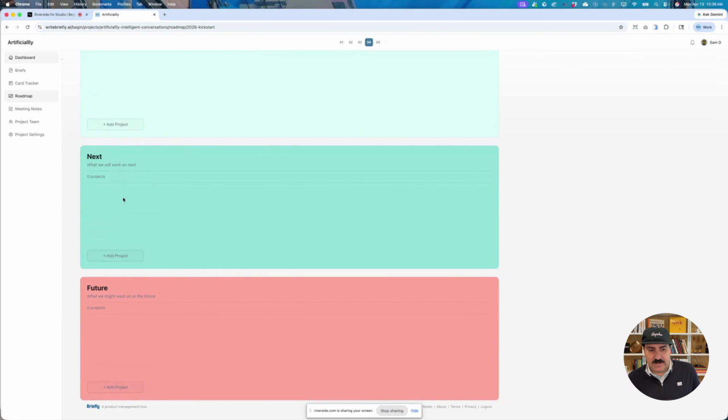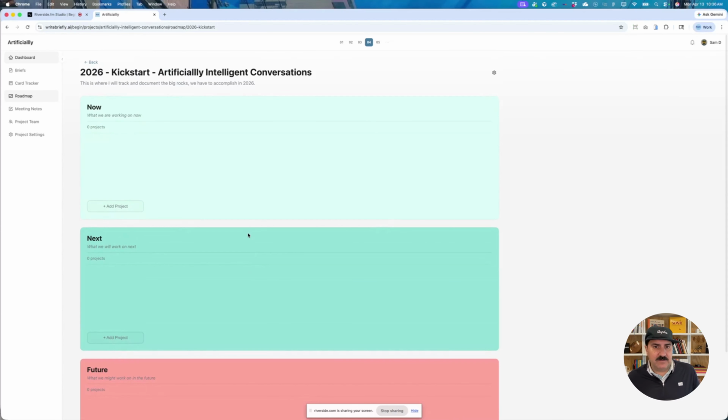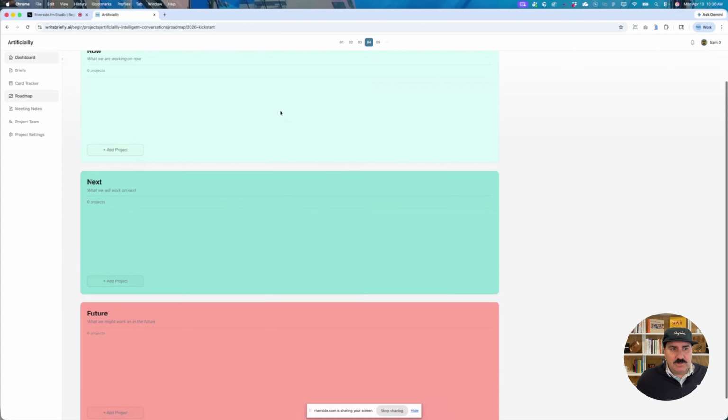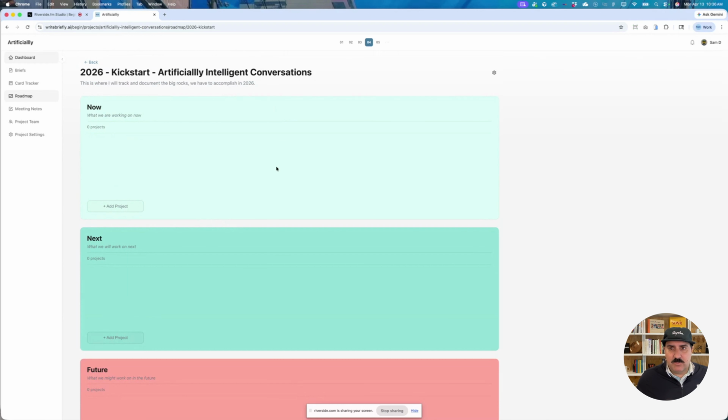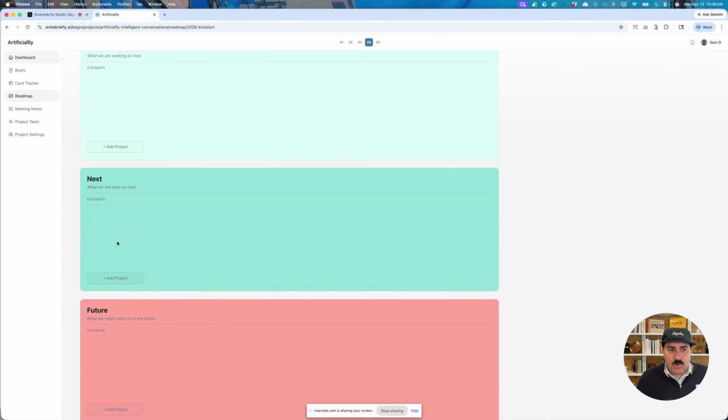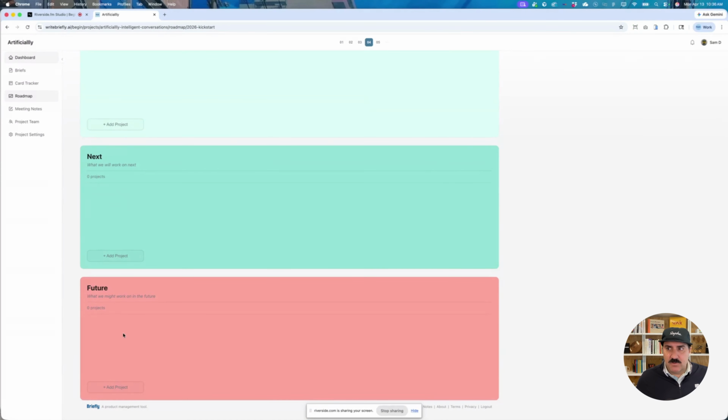Really just 3 different areas, and then complete if you complete a project. We don't want to be too detailed, right? We don't want to be too detailed in a roadmap. This is something that you could bring to an executive meeting if you're working with a client. You can say, here are the things we're working on now. Here's what we think we'll work on next. Probably need to prioritize these. And then here's what we have in the future, the ideas that we have that we might want to tackle.